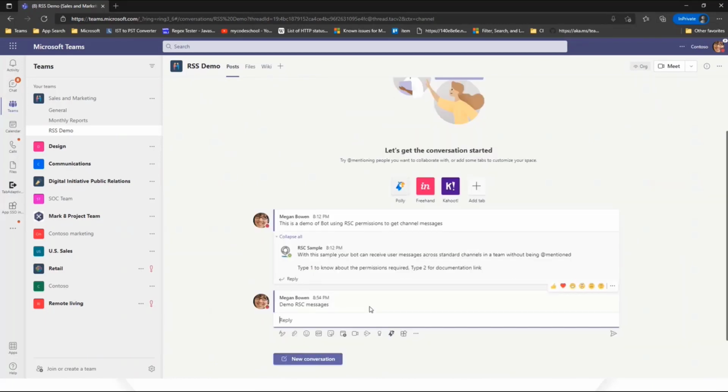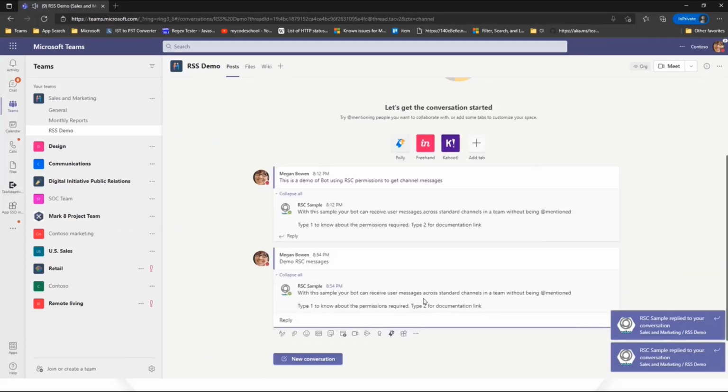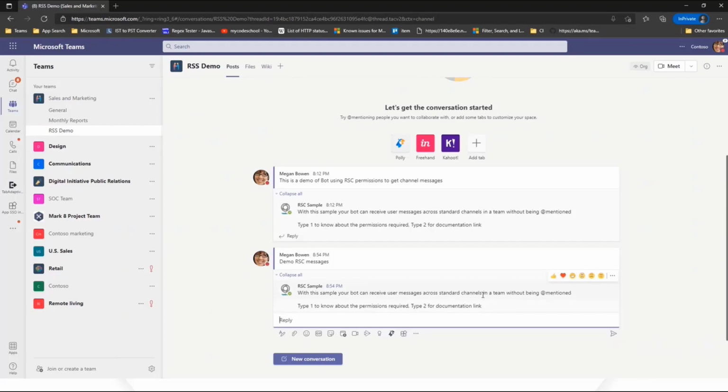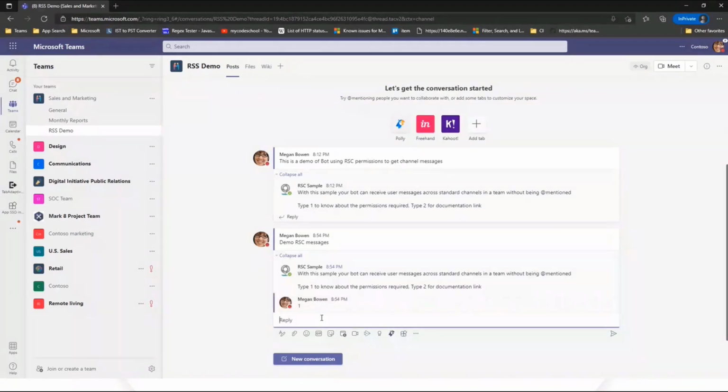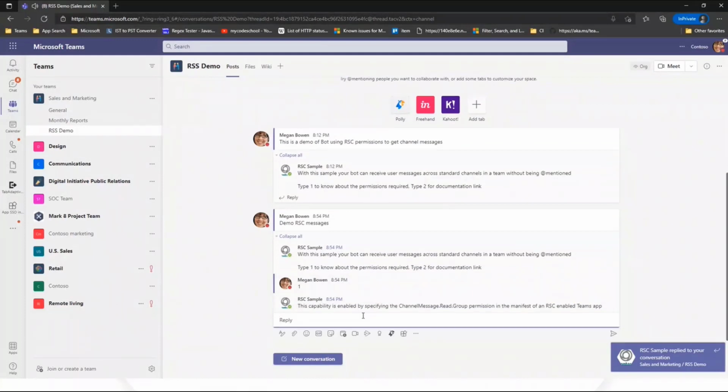Okay, as you could notice, I haven't mentioned the bot, but the bot still receives the messages. The way you configure it is you put channel messages.group.read in your app manifest, and your bot would start receiving the messages. You don't even need to add a mention. You could start by replying directly as if you're replying to any user. No need to add a mention, and the bot can then take a call whether to respond back or just ignore the message. So a lot of scenarios will be available based on this.